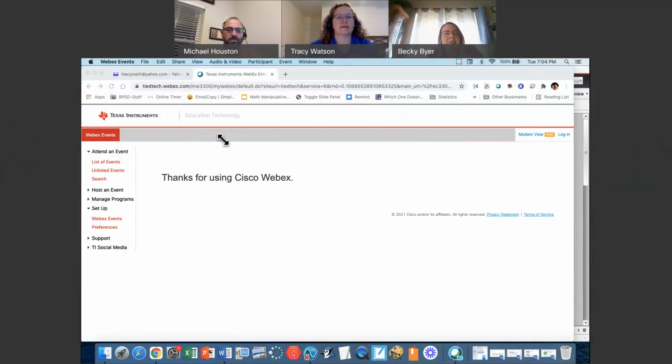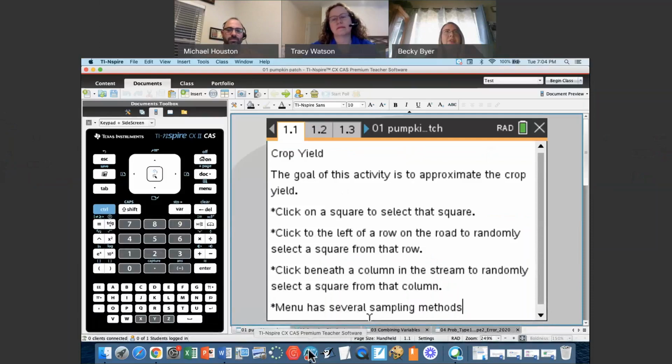I think it's the visualization piece and getting an idea in your head of what's going on, but I also think with simulations you get to see the messiness of statistics and the variability. You're not always going to roll a 6 every single time you roll a die, or when you do a sampling distribution, it doesn't always give you the exact same result. So I think it's really important for kids to see that variability. Yeah, and I think their first experiences with probability are so theoretical that seeing the messiness of what it is in real life is extremely important, and to constantly remind them of that.